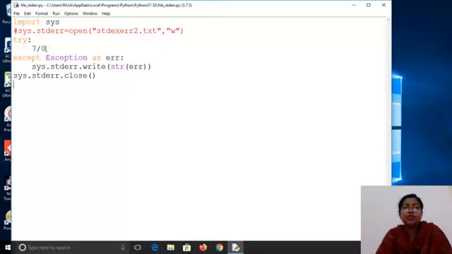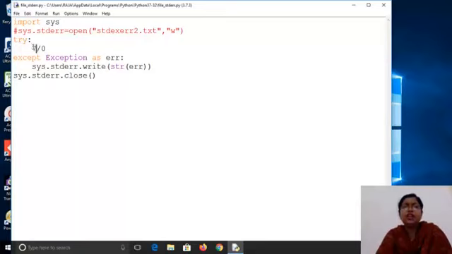If there is any program where we think an exception can occur, we write those lines in the try block, and we catch the exception. We handle that exception in the except block. You remember this?